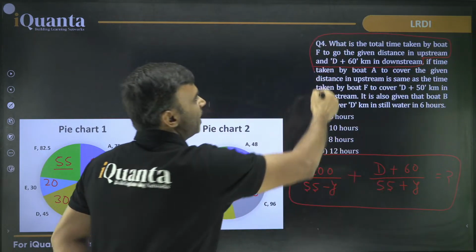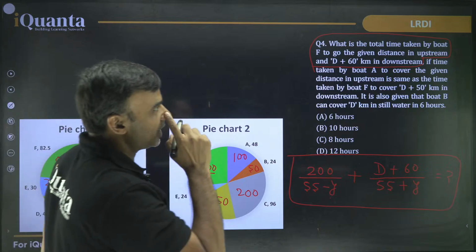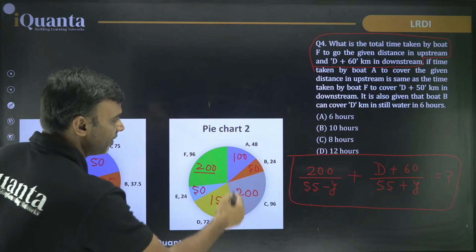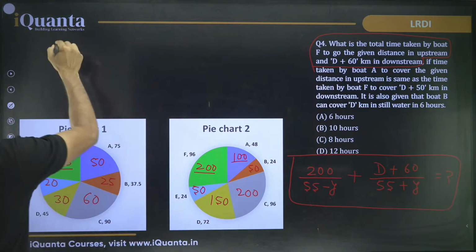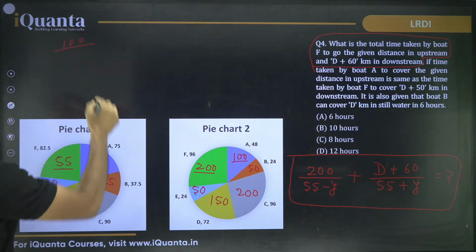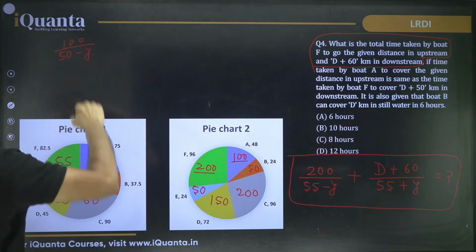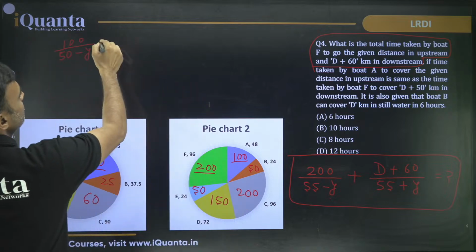What is the next part? It says if the time taken by boat A to cover the given distance upstream, so it is 100 divided by, speed will be 50 minus y, right, is equal to,